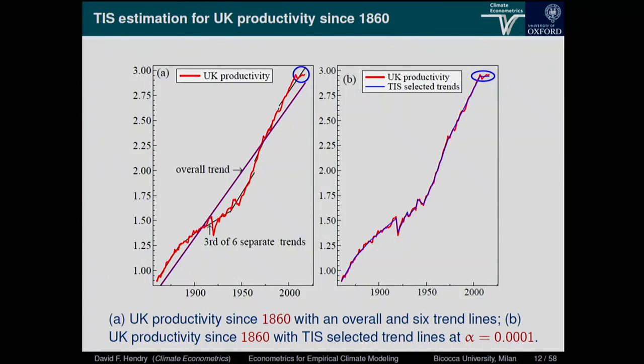So what about trend indicator saturation? Why on earth would you want this? So this is a graph, if you look at the one on the left-hand side, it's UK productivity as output per person per year over the period 1860 to 2016. And you can see it's varied gigantically over time. You can see that the growth rate's quite fast. It slows, it's quite fast, it stabilizes, it's quite fast, and then it dies out completely.